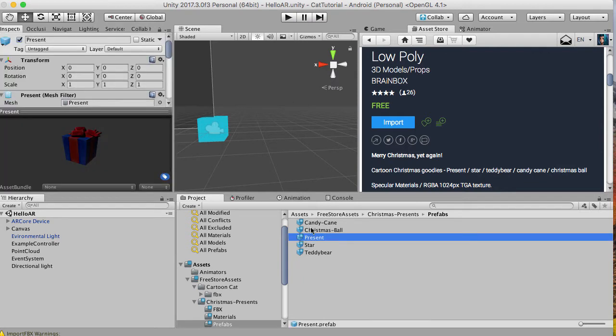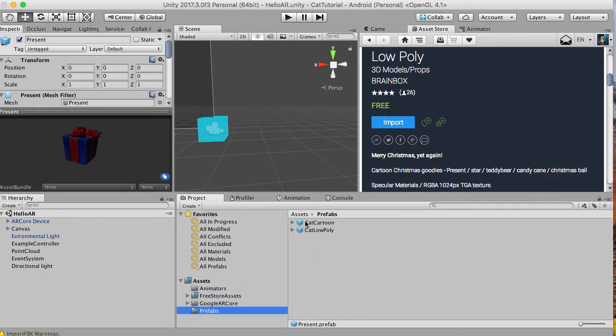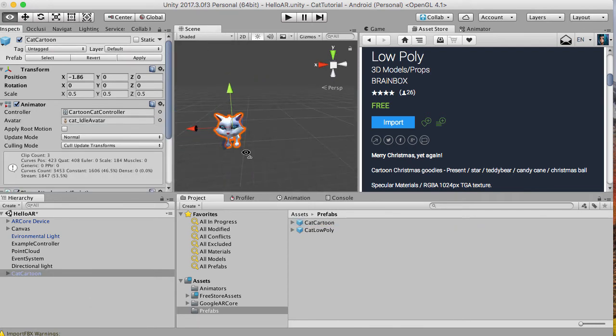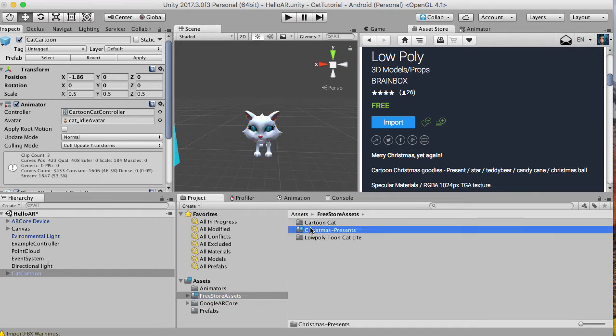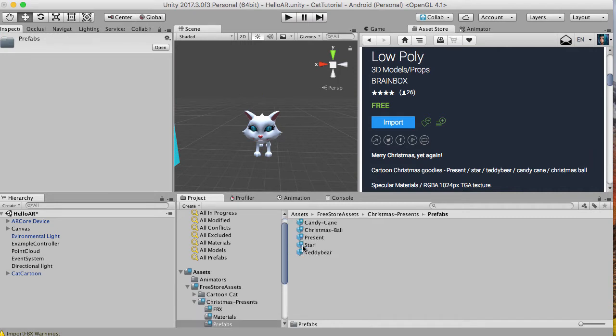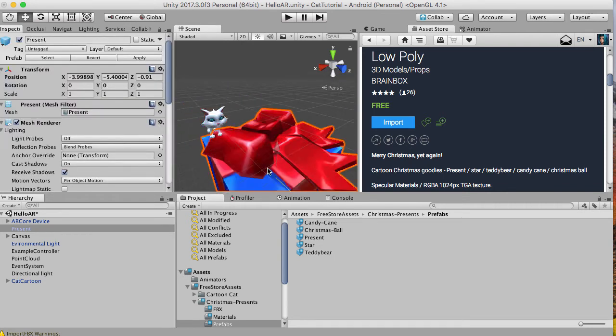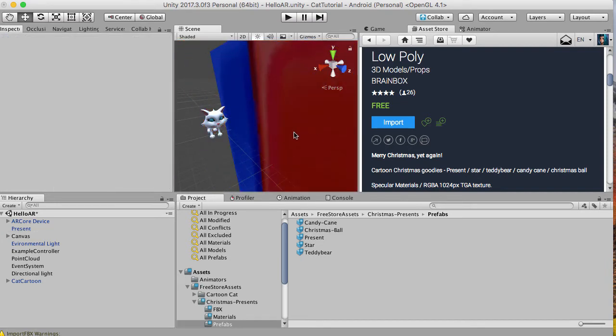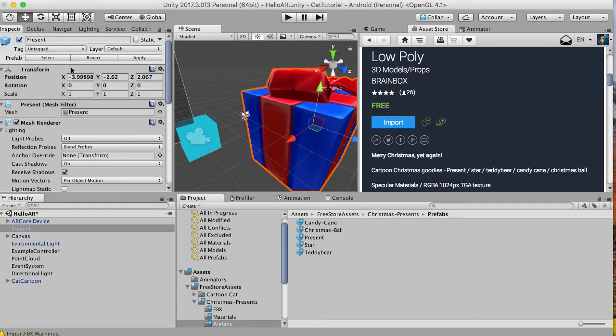I'm going to use the presents one, and I'm going to also use this on our cat prefab. So let's take our cat out. We want it to collide with the cat. We want our cat to collide with the present, I should say. So let's go to our Christmas presents prefabs, and let's take out the present game object, and let's put that next to the cat. We can see it's pretty big actually. Well, it's huge. So that's not going to work as it is. So we're going to have to shrink this down